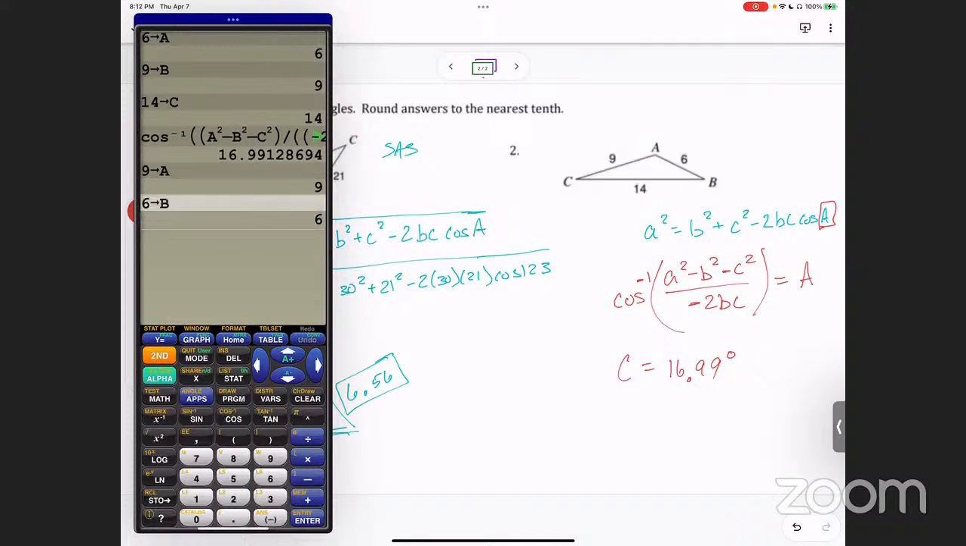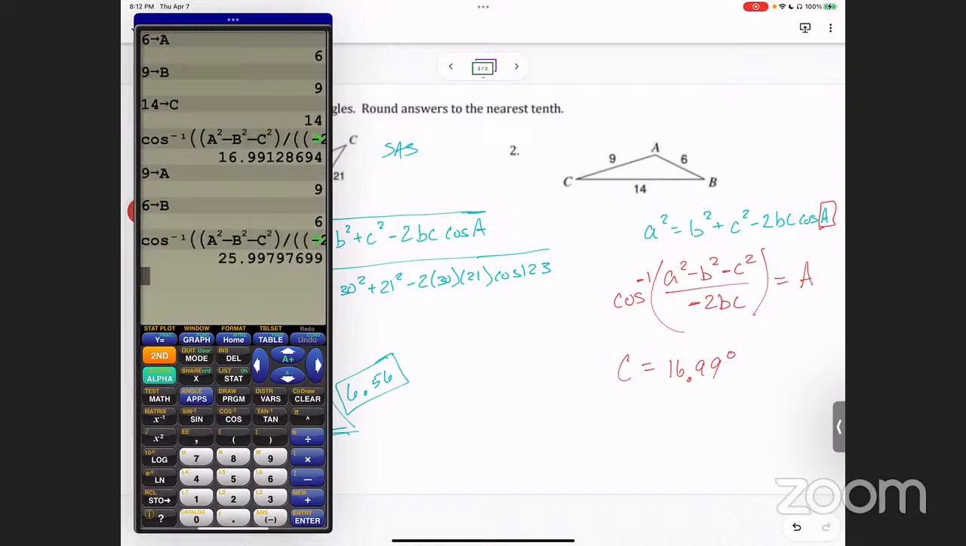And now I just toggle back up. I grab this thing again and I hit enter, and boom. There's the angle across from 9, which is B. 25 point, it's really just 26 because it rounds. 26 degrees, because if I round that up, it's going to round up to 26, right? And now if I wanted, I could do that same thing to find A, and I'm just going to switch out